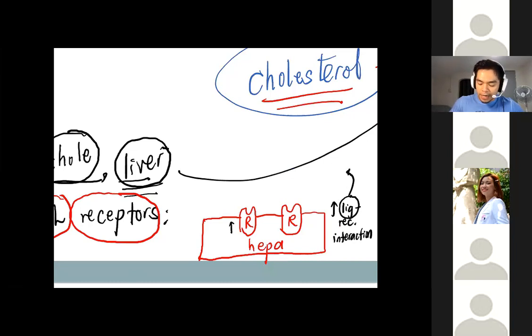Ang pinag-uusapan nating ligand ay ang LDL. So, for example, these are LDL molecules. Since LDL can bind to the receptor of the liver, ang tendency ma-activate yung receptor na